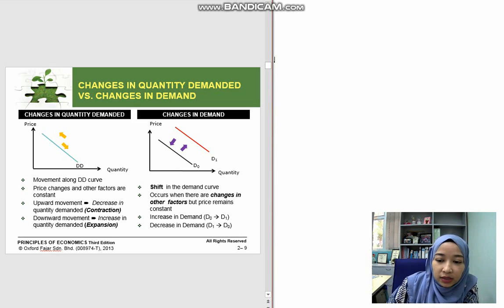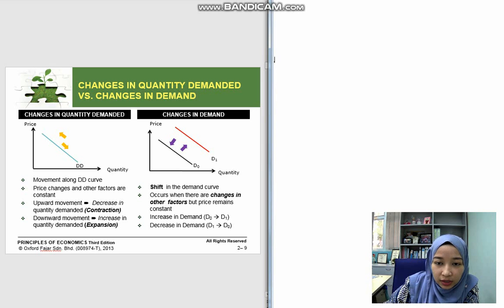And another factors are external factors, which are factors other than price. For example, factors other than price, for example, income, okay, income level of a consumer. Okay, assuming you have higher income, usually you tend to buy more. Okay, so we are going to look at the other determinants later on, but now I'm going to focus on the difference between the quantity demanded and change in demand in terms of graph here.